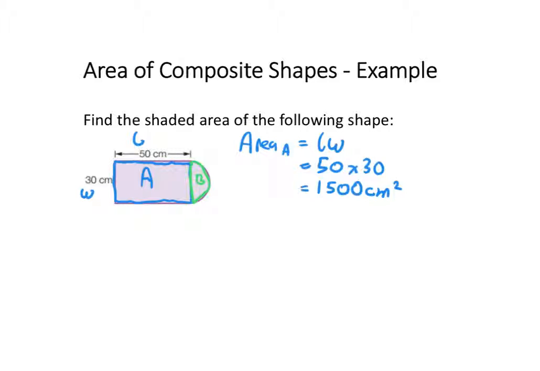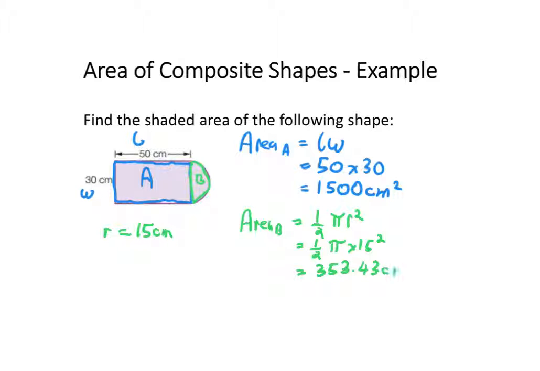Next, we need to find the area of shape B, the semicircle. So the area of B is equal to 1/2 of pi times the radius squared. Looking back at the original shape, we don't have the radius, but we know the diameter is equal to 30 centimeters. So if the diameter is 30 centimeters, my radius is going to be half of that, which is 15 centimeters. Substituting that into the formula, 1/2 of pi times 15 squared,